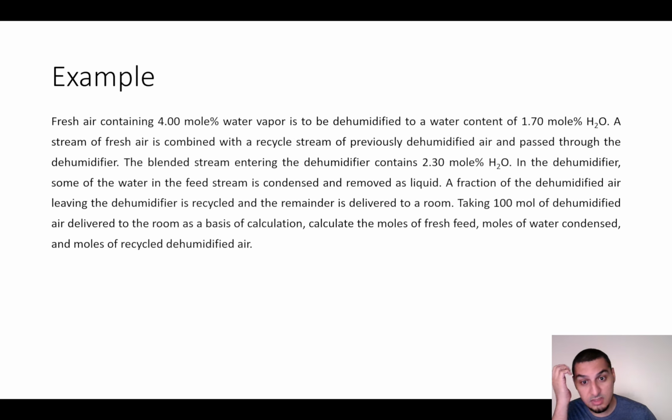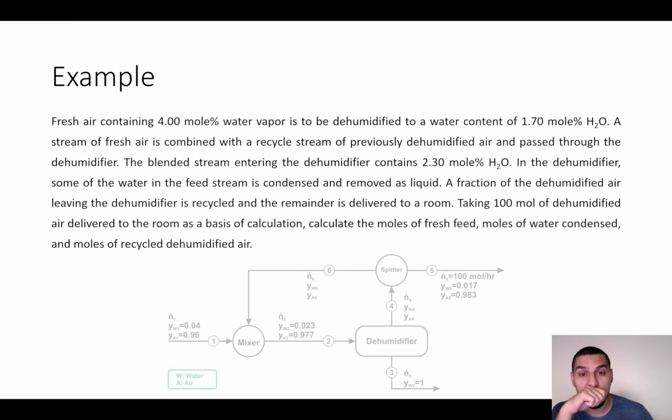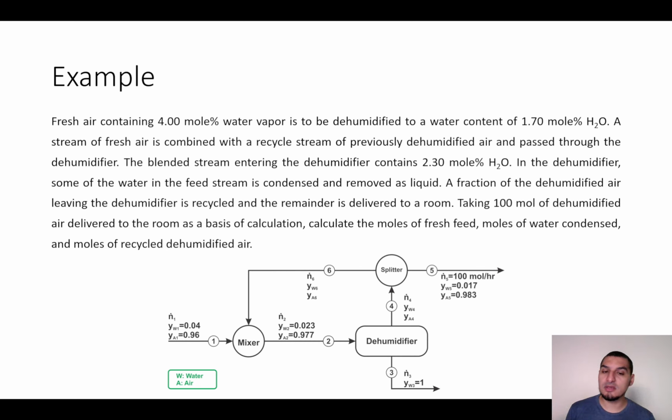So we agreed that the first step we have to follow is to draw the flow sheet, and this is what we are going to do now. And there is something we need to do after drawing the flow sheet, which is to double check and read again the flow sheet and make sure that everything fits with the diagram that we have. So we have a 4 mole percent water vapor airstream. Yeah, the airstream contains 4% water vapor, and it's combined with the recycled stream. So this stream 6 is the recycled stream. This is where they are combined, and